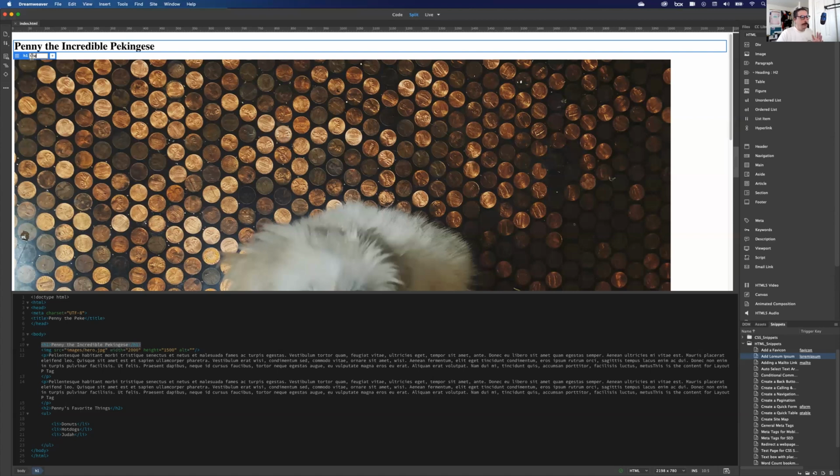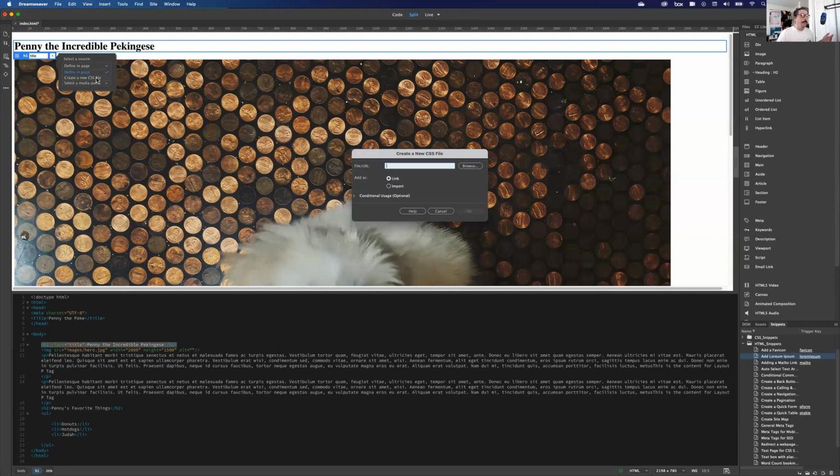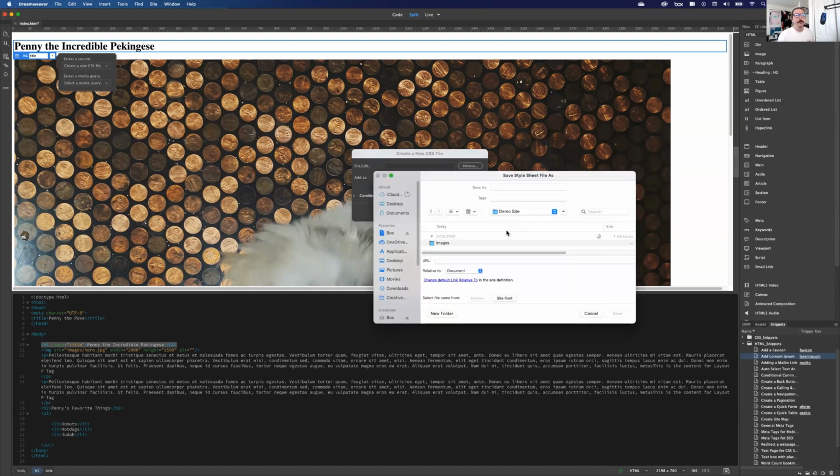Or a pound symbol if you're more old school. Then you hit enter and it's saying, okay, what is our style source going to be? Are we going to do it in the page itself, or are we going to do it in a new CSS file? Because I don't have one at all yet. In this case, I want a new CSS file, and it'll open up my file browser asking me where I want to save it. I'll hit browse and make sure it's going inside the same folder as this HTML file. And we'll just name it